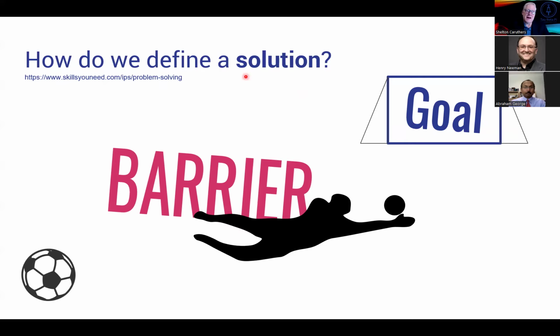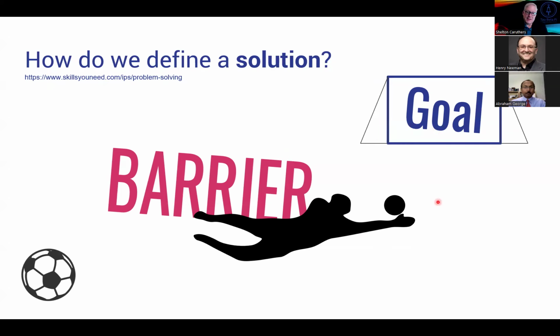So, how do we define a solution? Well, as you've already said in the chat, the solution is to remove that barrier or to remove that obstacle so that we can reach our goal, literally. But there's a challenge here, right? I'm not a soccer player, so I don't even know how many other people are on the field with me, maybe 10. I could just ask, hey, go tackle that guy, hold him on the ground, I'll kick the ball in the goal. Well, that removes the obstacle, right? But that's not an effective solution because we've broken some rules. We might get a yellow or red card.